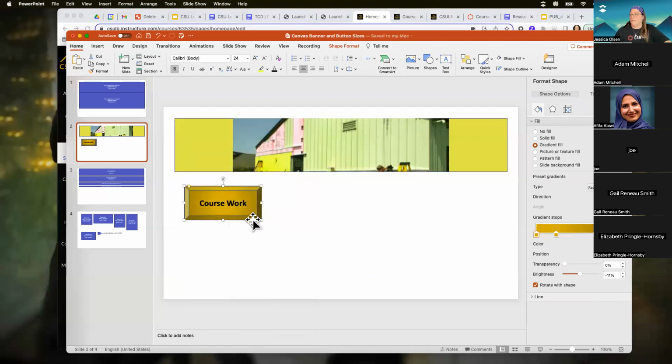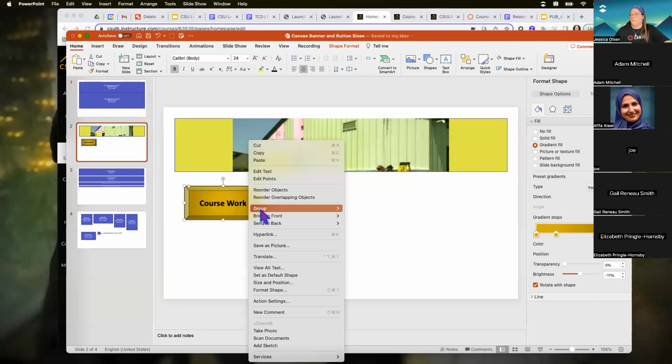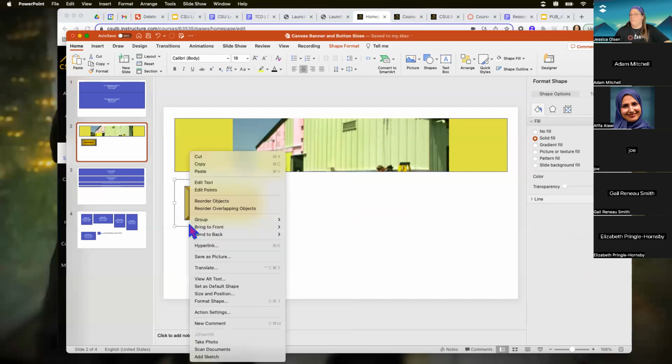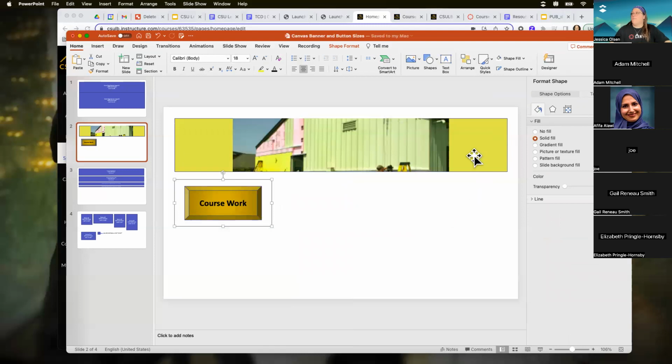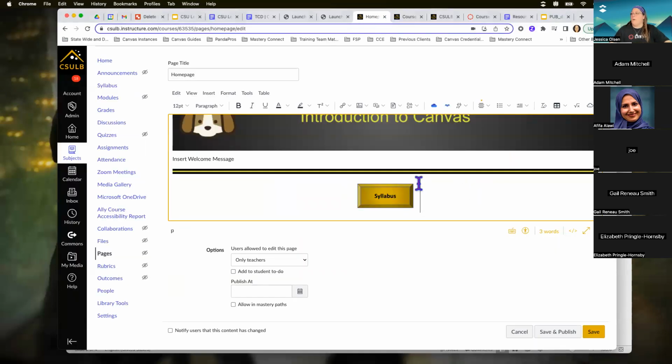It should be grouped, so we should be good. And save picture as. We're going to call this one coursework. Desktop, save. So now when I want to insert another image,